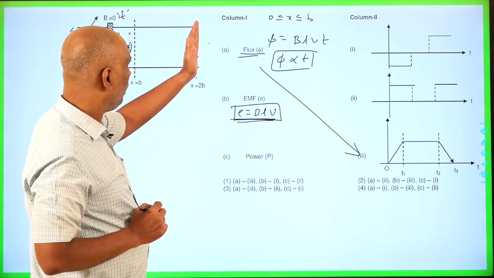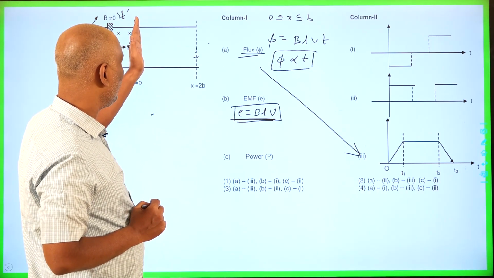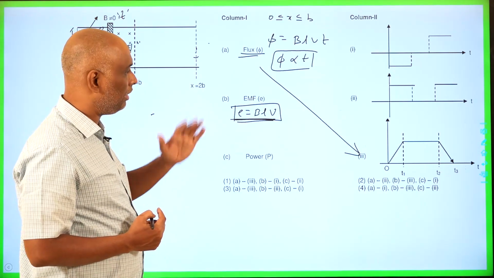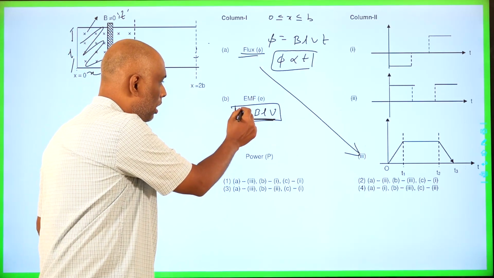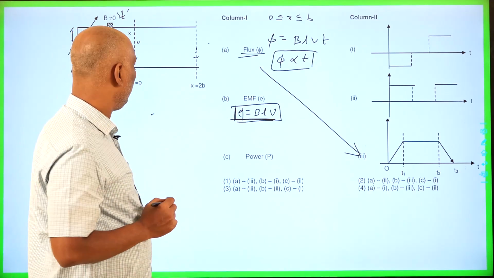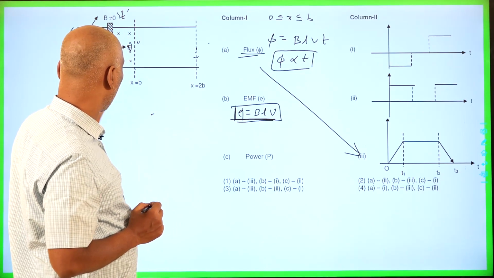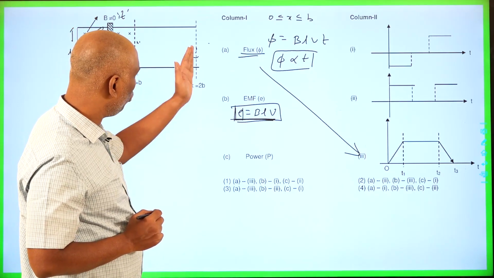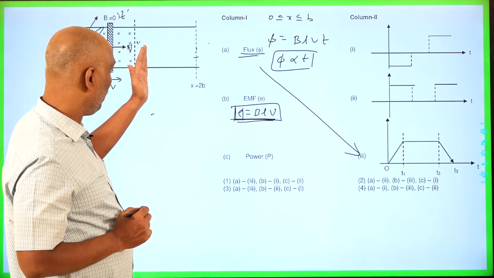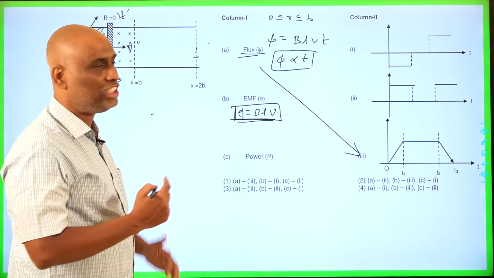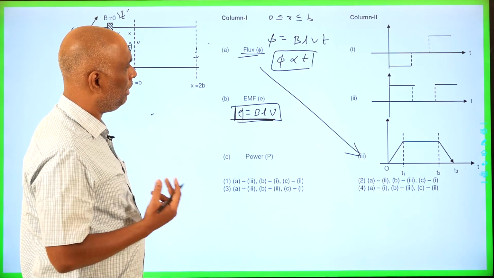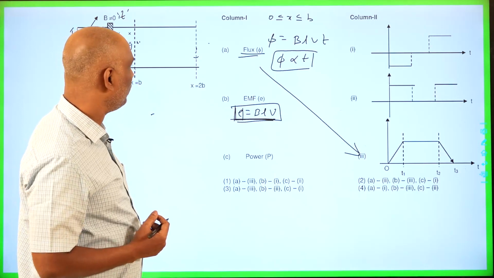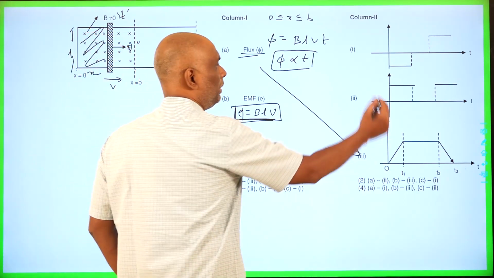It goes to the other end and then it comes back. When it enters into this magnetic field, the direction of EMF will be reversed, but again the magnitude will remain constant. I can put here |E| equals BLV. So initially, up to a distance from 0 to B, the EMF is BLV. Again, when the rod goes from B to 2B and comes back up to B, there will be no EMF. Once it enters here, the direction of EMF will be reversed. Depending on the sign convention we take, because EMF will always oppose the rate of change of flux, we can say that the best graph will be this one.